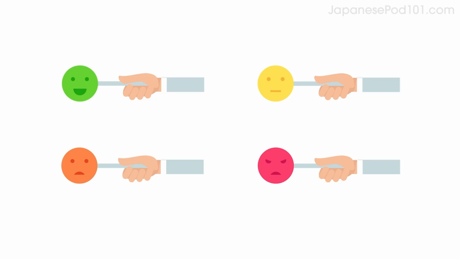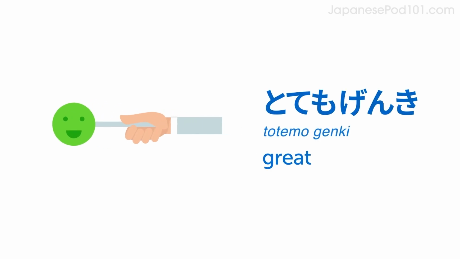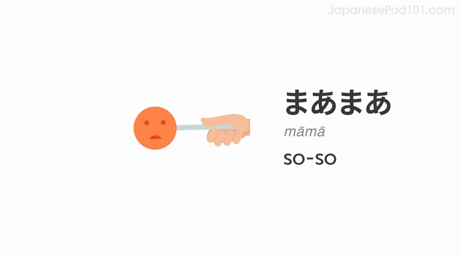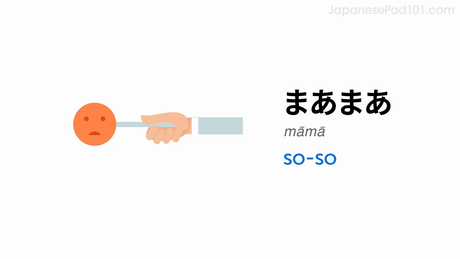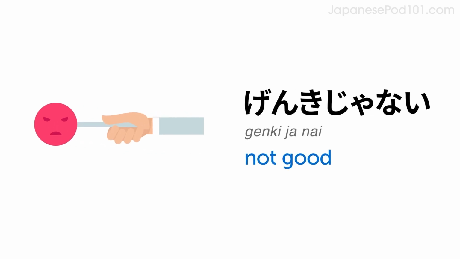Here are a few expressions related to well-being that you can use with this pattern. Great, とても元気。 Fine, 元気。 So-so, まあまあ。 Not good, 元気じゃない。